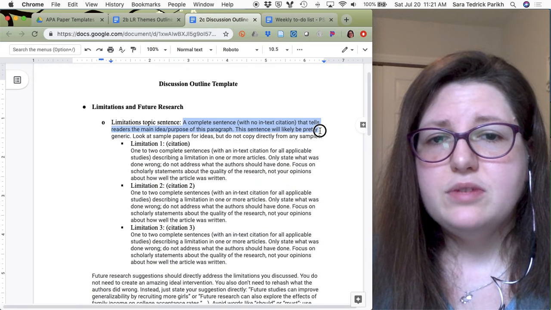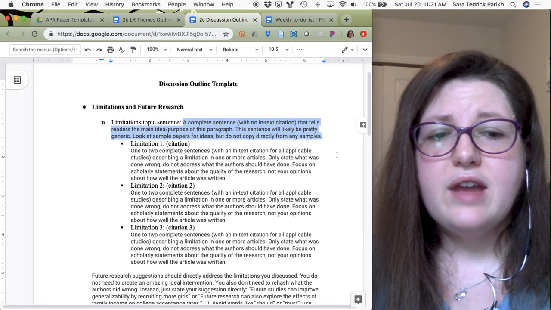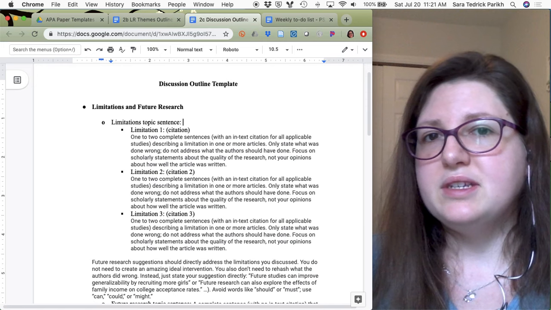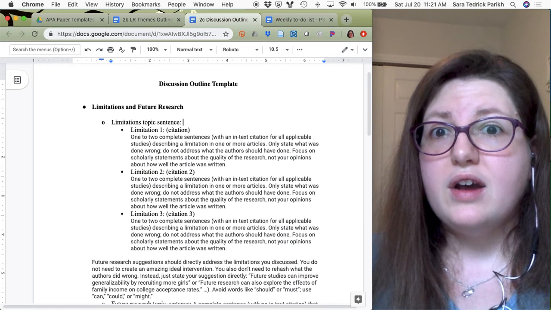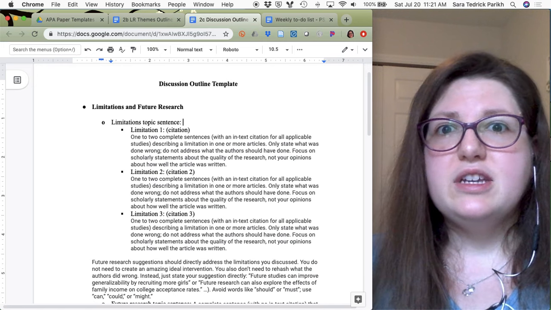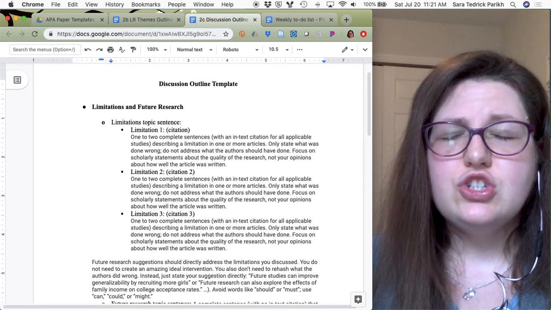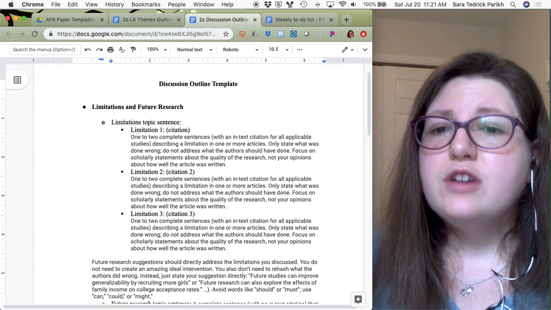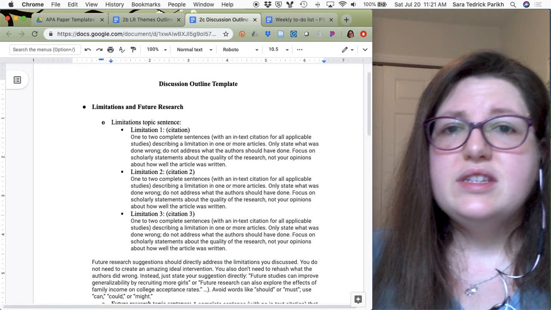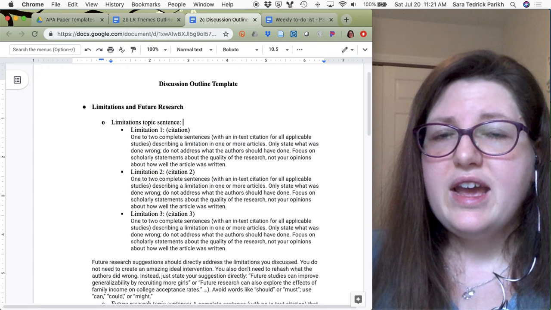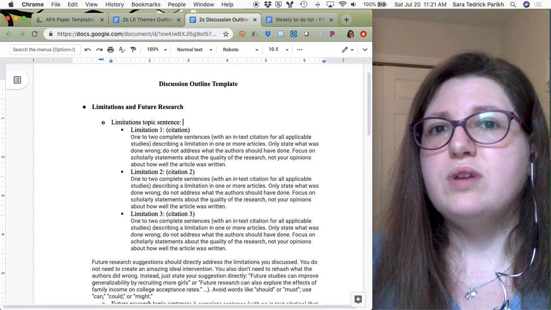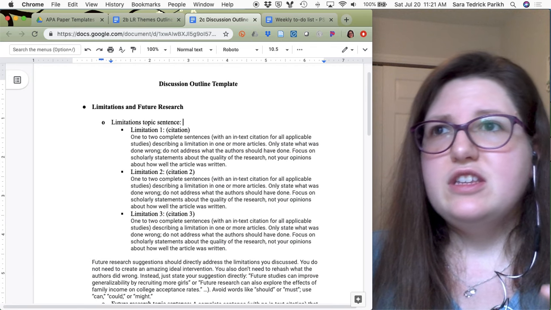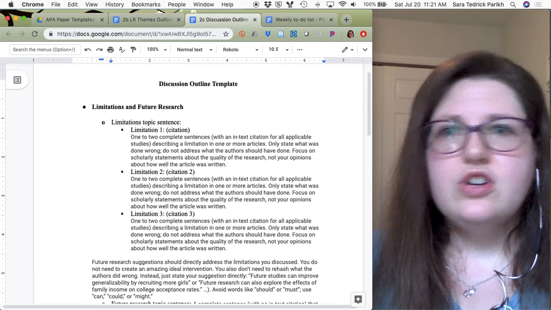So the first thing you'll do is a topic sentence. And I would suggest looking at 2 or 3 different sample papers to get ideas of what kinds of topic sentences. It can be really broad, like this study had several limitations. Like that's fine. It's super bland, but it's fine. You could also say something like these studies had several limitations related to, and then give broad descriptors to the sample and the survey methods.